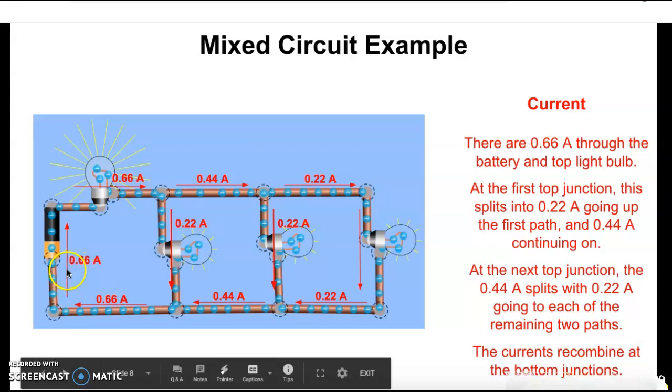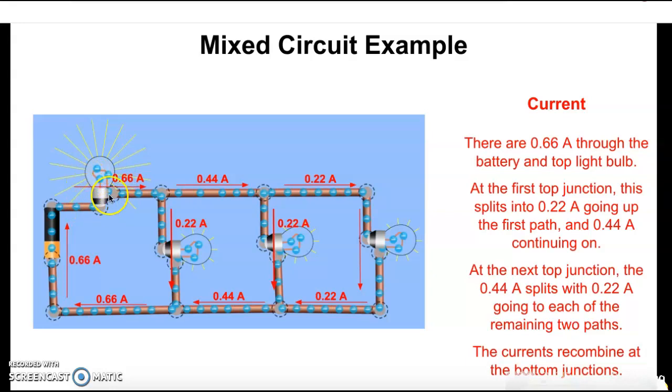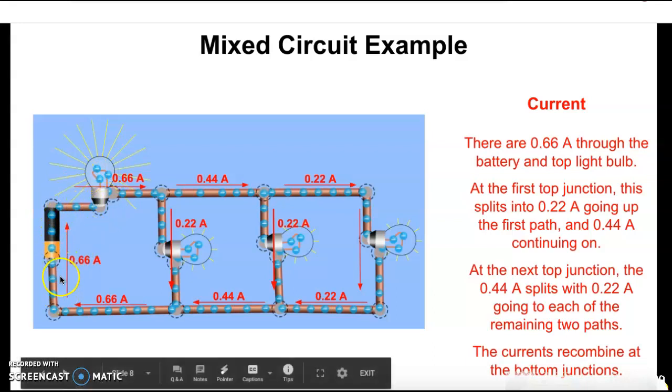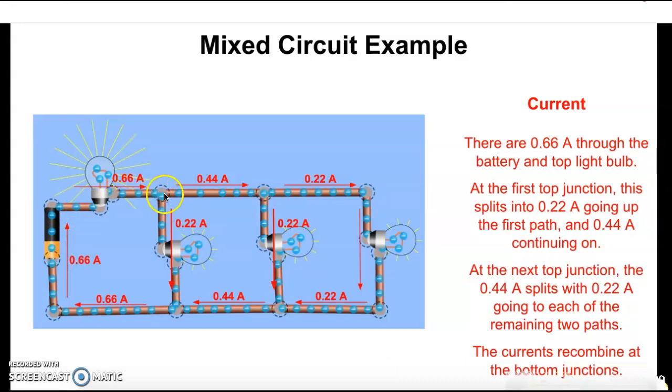So I've got 0.66 amps at the battery, 0.66 amps to the first light bulb as well. Look, there's no junction between the battery and the first light bulb here. There's no path splitting. So the current is identical, 0.66 amps, 0.66 amps, till it gets to this junction. It gets to this junction, it splits off. 0.44 goes one way, 0.22 goes the other way. Now I'm going to follow this 0.44 path. This 0.44 amps reaches a second junction. So it splits again into 0.22 one way and 0.22 the other way. So current splits